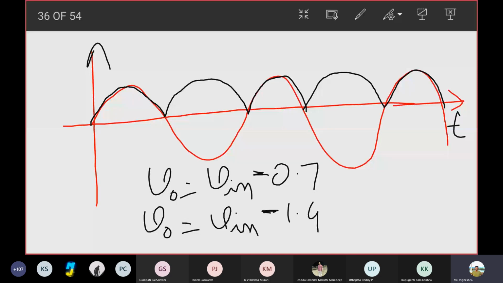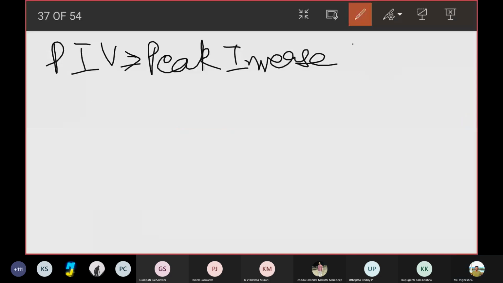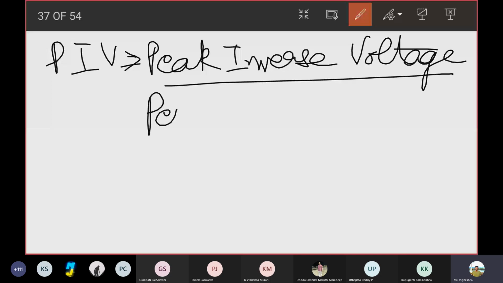At the very beginning, in the first class, I told you the parameters which are important for rectifiers, right? I told you output frequency is one parameter, rectifier efficiency is another, then average value and RMS value. There's one more important parameter for a rectifier, and that is peak inverse voltage, also called peak reverse voltage.